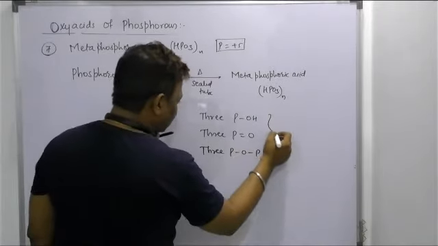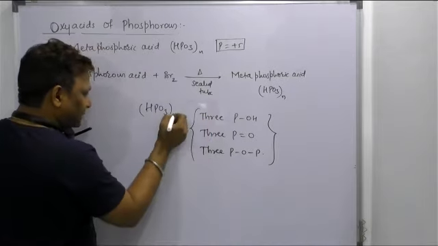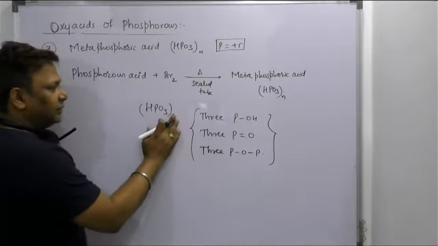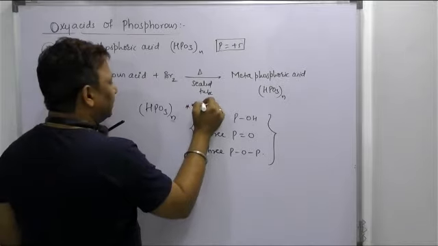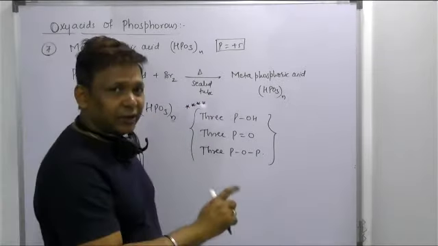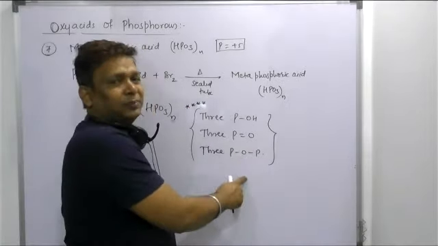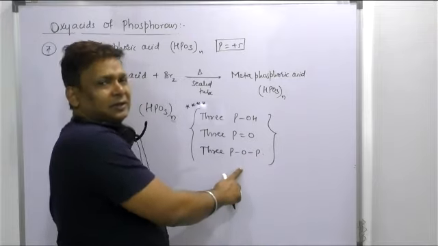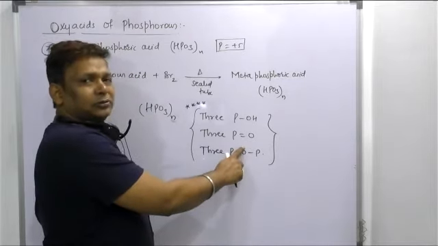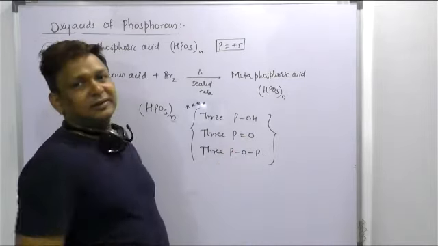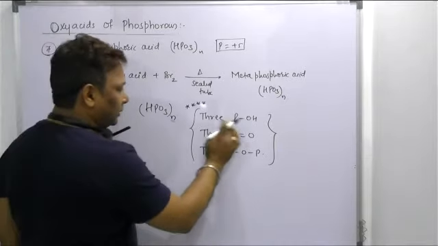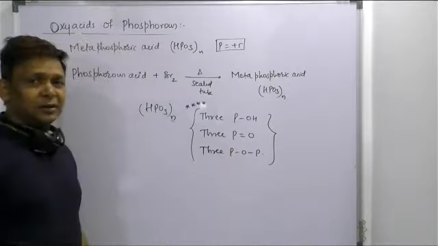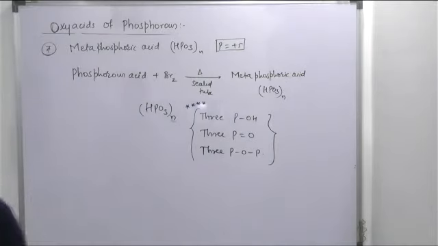I have not drawn the full structure because a cyclic form of the structure will form here. So for that I simply wrote that metaphosphoric acid has POH bonds, P double bond O and POP. But how many POP are there? 3. How many P double bond O? 3. And how many POH? 3. Right? So this is the only point to remember, which will help us get the number of POH, P double bond O and POP bonds in metaphosphoric acid. Chalo, take a screenshot of this.